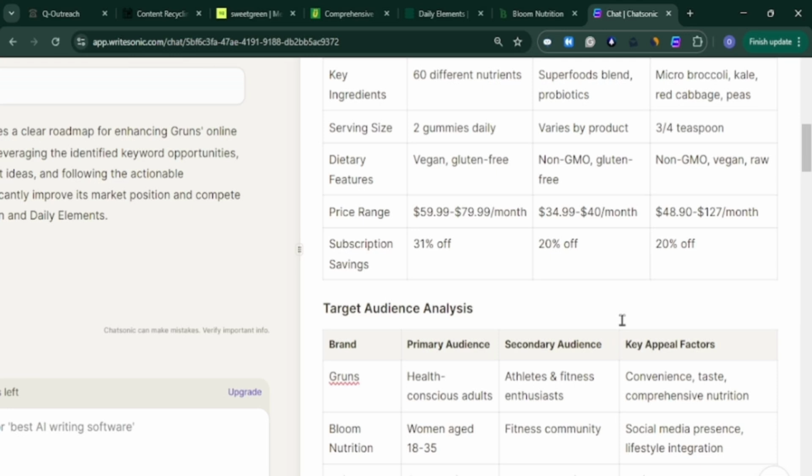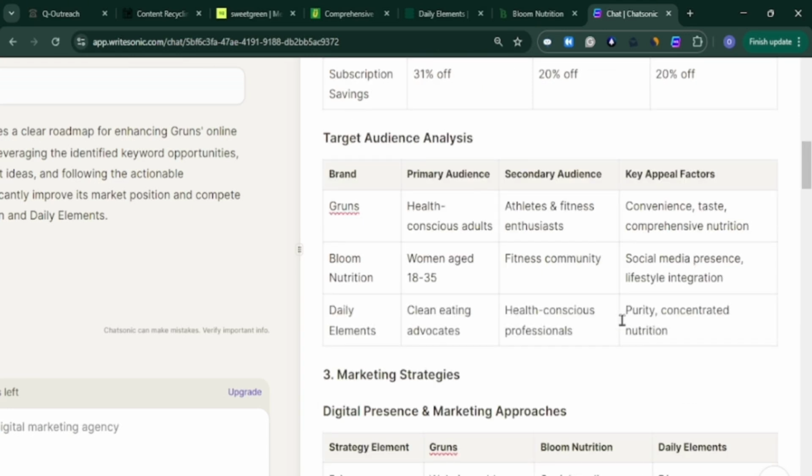And then it actually goes on to give you a bit of target audience analysis: health conscious adults, which is Grant in a sense. And the cool thing is that it doesn't just give you one specific target audience, but it actually highlights the primary, secondary, and key applicable factors, right? For instance, the primary audience for Grant is health conscious adults, Bloom is women aged 18 to 35, Daily Greens is clean